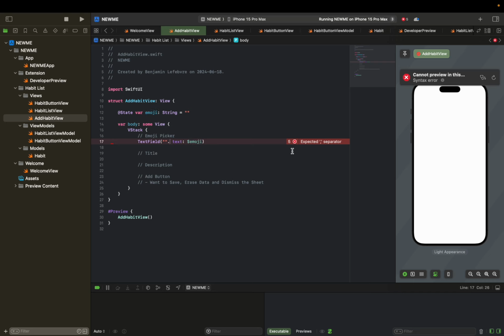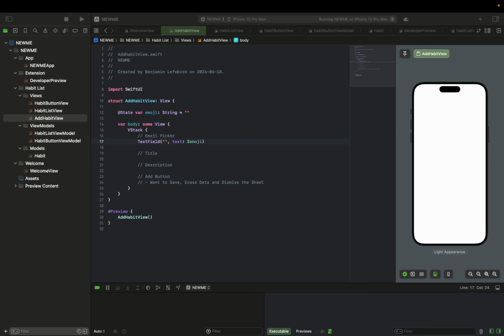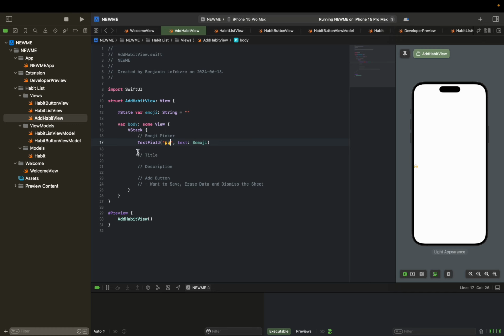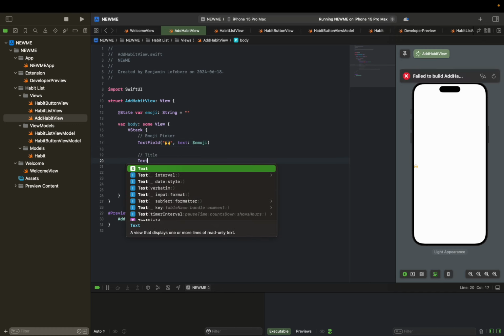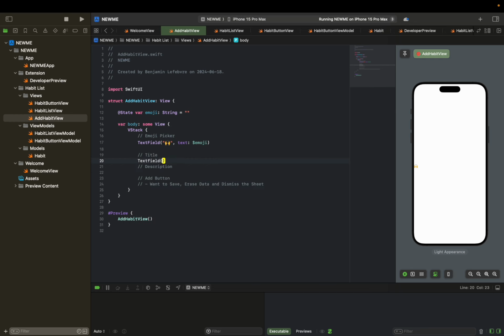Oh, I have a dot here, comma. So whenever you have a $ sign, it's going to be binding. If this variable changes, the text field value will change. And if the text field value changes, the variable will change. So it's kind of like a back and forth communication between the two. So I have this emoji, and let me actually just add a little emoji as the placeholder that we can see here. We'll have a new text field, which is going to be the title,